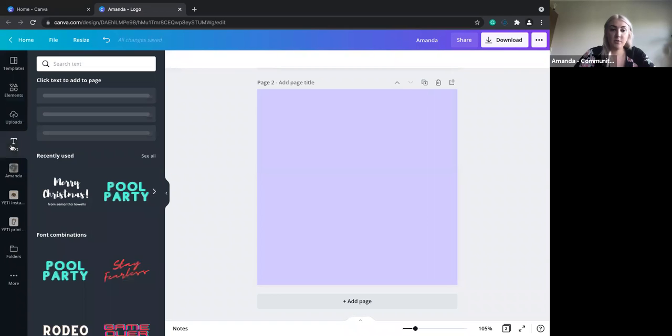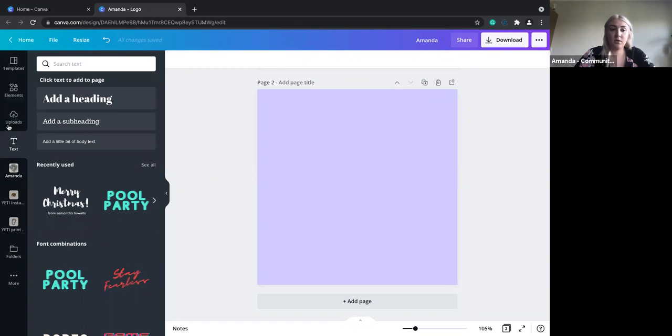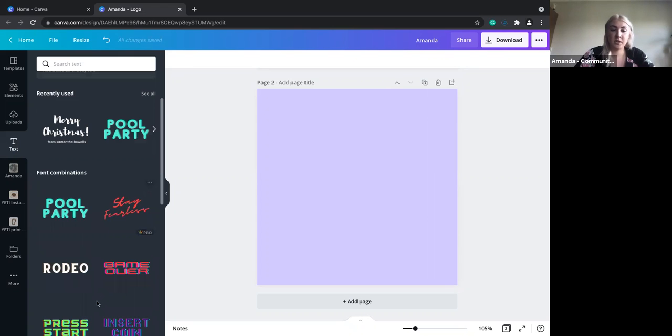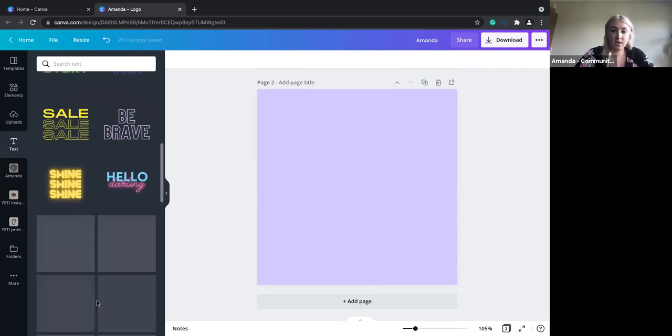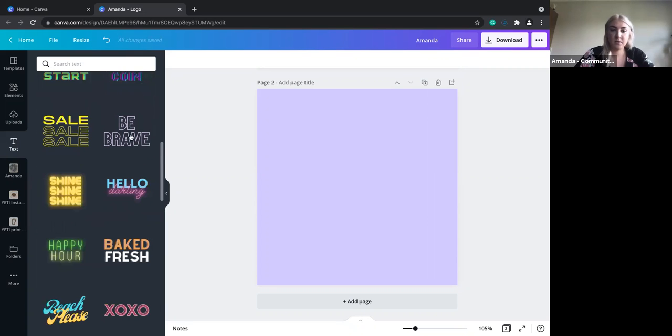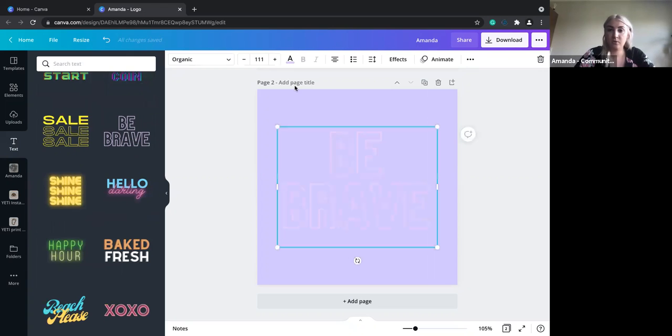So I'm just going to go to add my text. Along this sidebar here, I just hit the button with the T, and that is the text. This is also something that comes with the upgraded version of Canva, so you will likely see all of these options here. And I think we should go with this one here. It is purple, so I might have to change the color of that, which can just be done by hitting